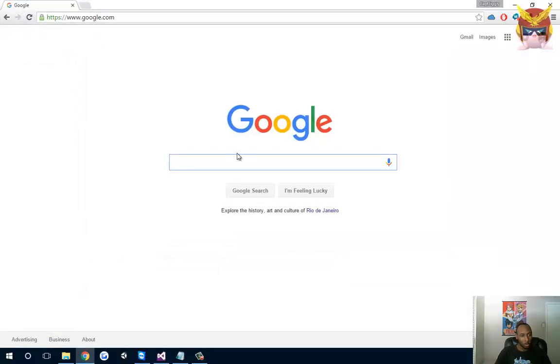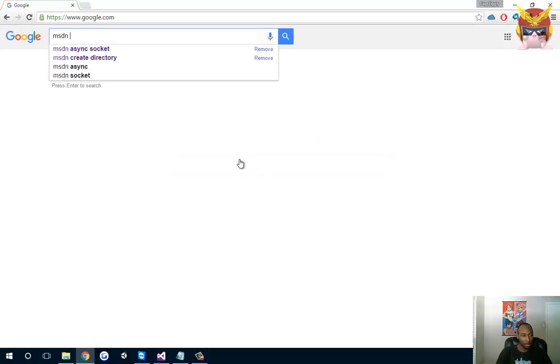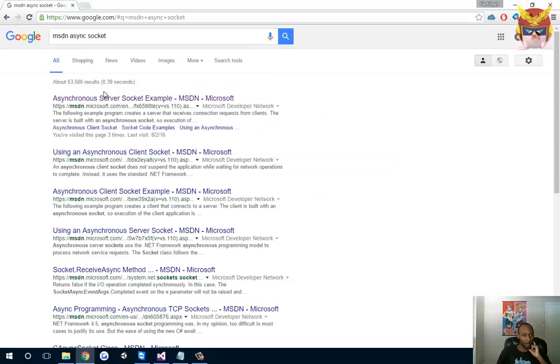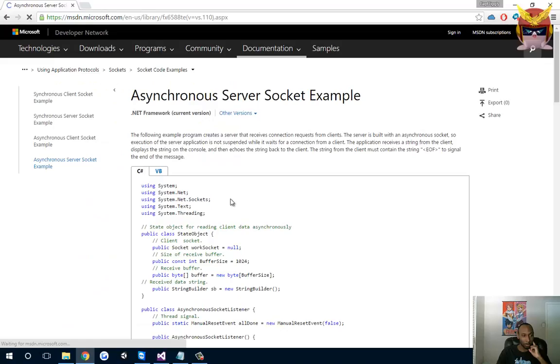First, let's head over to Microsoft. I mean, it's best to get an example from the people who actually made the framework and the system that we're running on right now. That is if you're running on Windows and you're not using Mono. So let's go ahead and head over to MSDN, Async sockets, should be the first link,